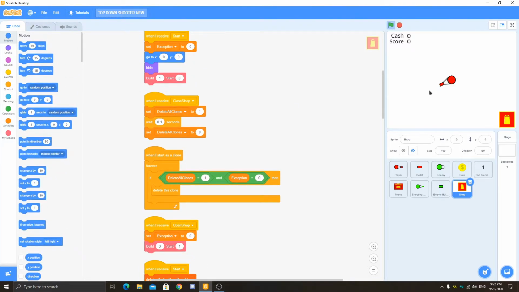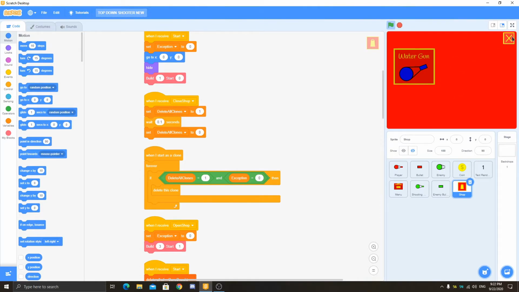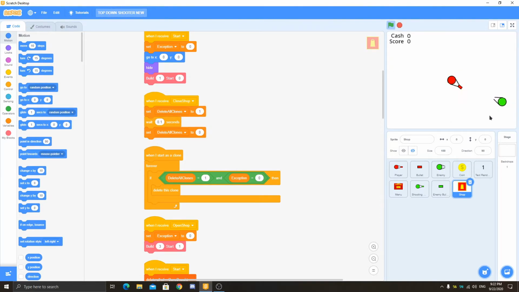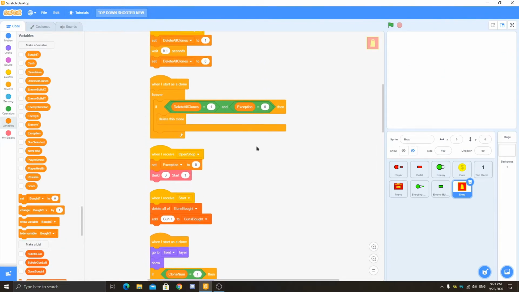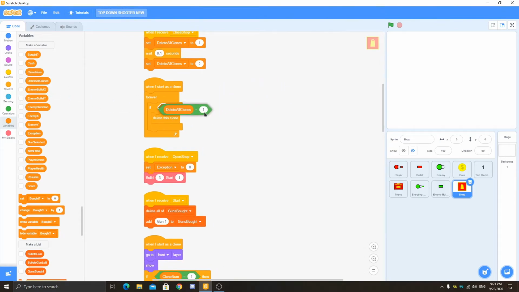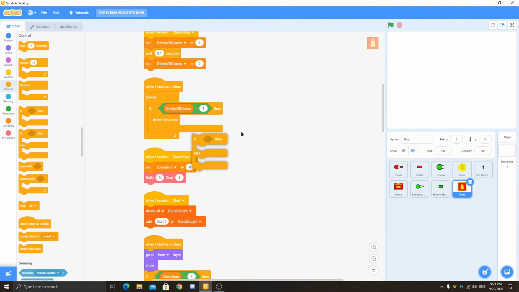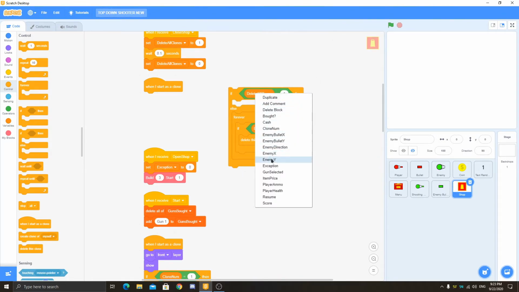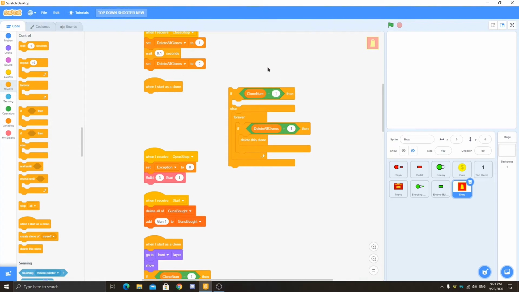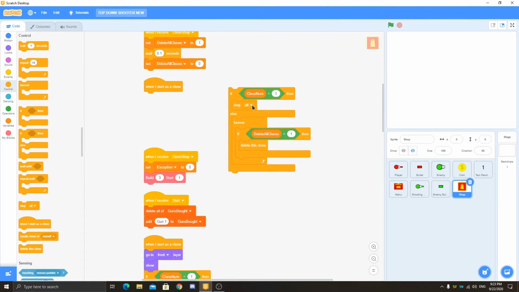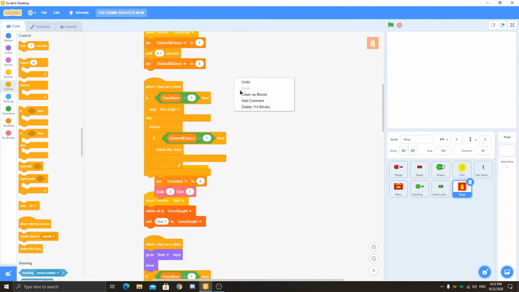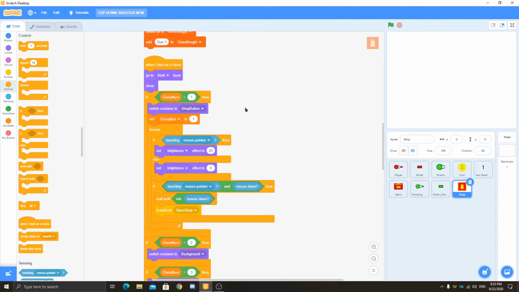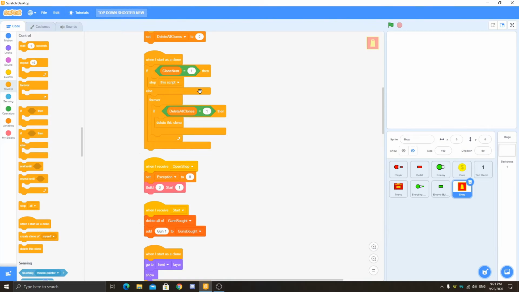So now you can see when I click play, the shop is here, and this is bought. And when we remove this, to fix that we can just remove this and put it here. And you can also put here an if else statement and put this in the else, and duplicate this and put it here, and put your clone number is equal to 1. So then it will just stop the script. It will stop the script if the clone number is 1, which is our shop button, or else it will just play this script for every clone.